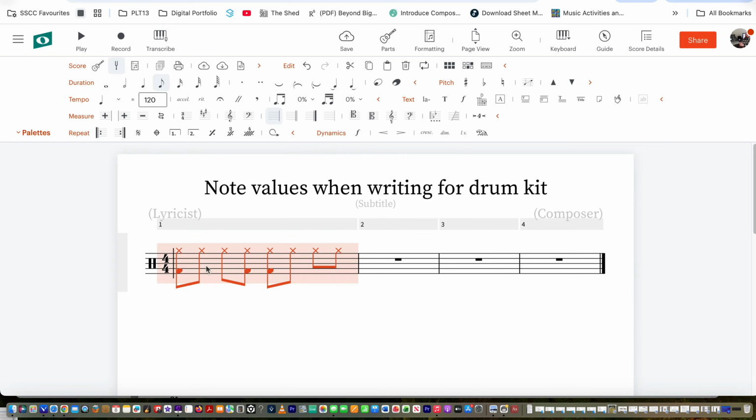So when I'm teaching students to write a four on the floor drum beat, I like to go, okay, put in the. It actually helps them when I teach students this way. It helps them to understand the division of the bar. So what I do is I tell them to change that to an eighth note, and then put all eighth note hi-hats there, and then put the bass kick here, and then just say it's just four on the floor, and